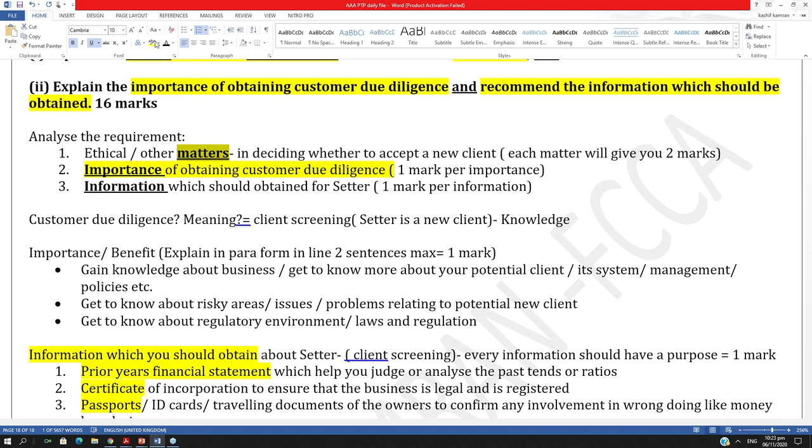So is it important to read the requirement carefully before you plan your answer? And particularly when the requirement is lengthy, particularly when the requirement has a lot of commas, right? So will you continue with this paper yourself, June 18? Please do read the scenario of the June 18 paper